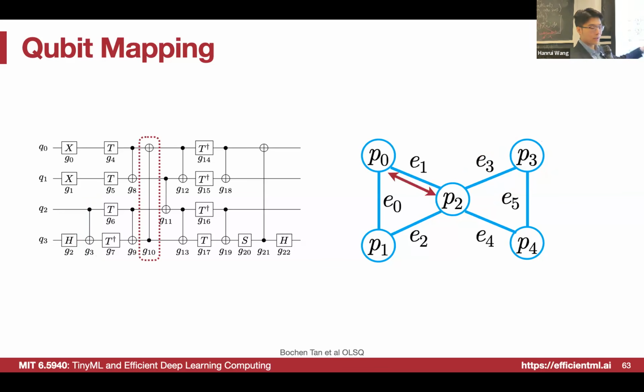But what happens when we want to apply a gate between Q0 and Q3? That may always be the case for algorithm people. During algorithm design, they don't consider the actual topology, right? So in that case, between physical qubit 0 and physical qubit 3, there are no connections.